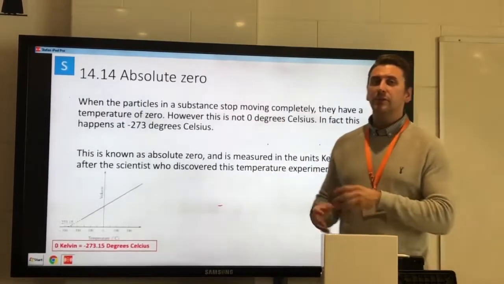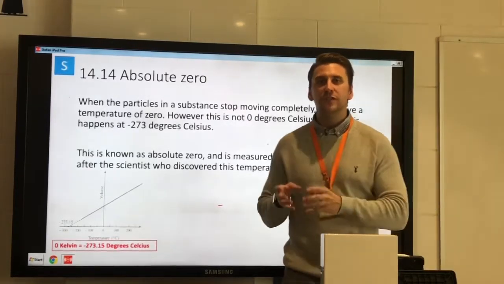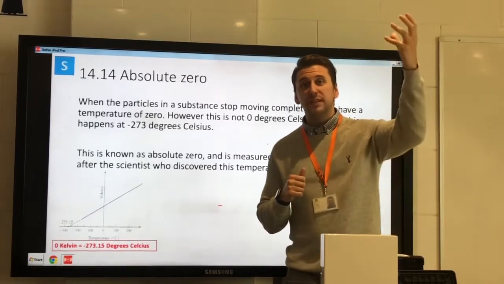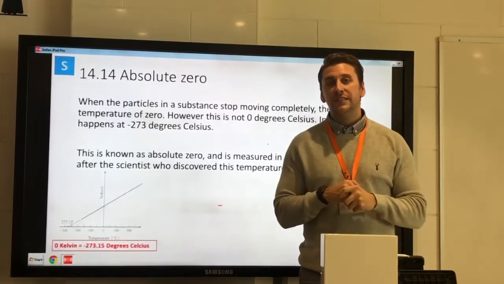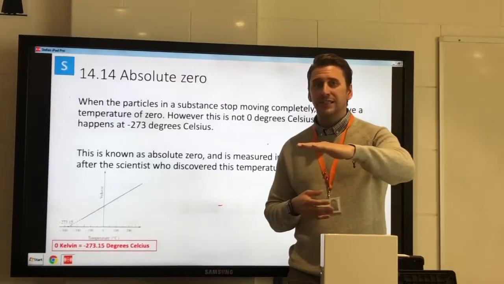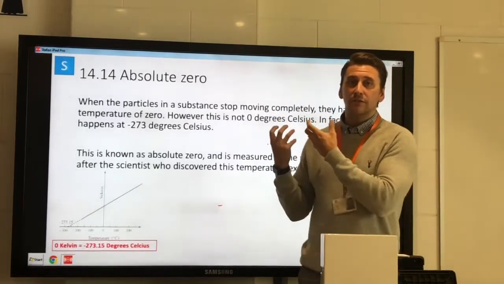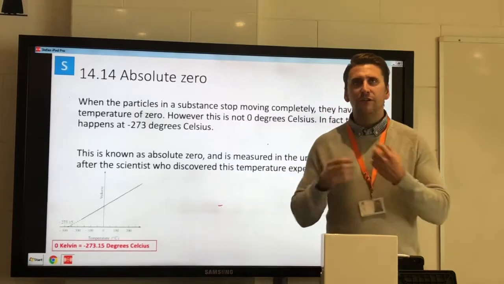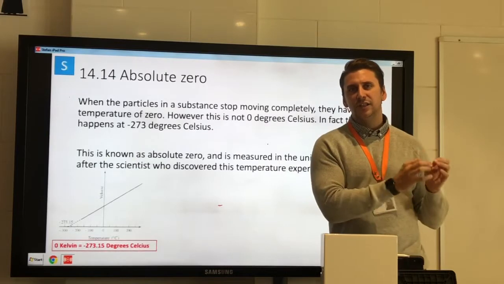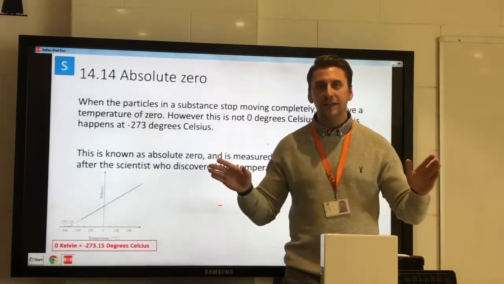Now if we look at temperature a little bit more closely, we've just said that the boiling point of water is 100 degrees Celsius. So most people know that water will boil and become steam or evaporate at 100 degrees Celsius. We know that water will freeze to become ice at 0 degrees Celsius. Now what is that? We said that temperature in degrees Celsius is a measure of kinetic energy. So therefore are we saying at 0 degrees Celsius there is zero kinetic energy in the particles? That means if there's no kinetic energy, they're not moving.